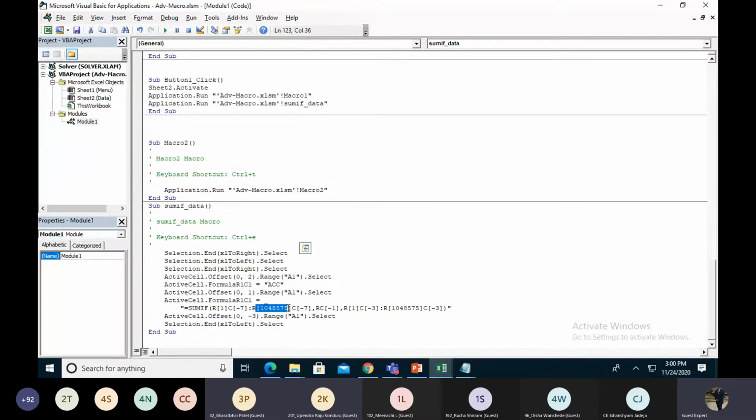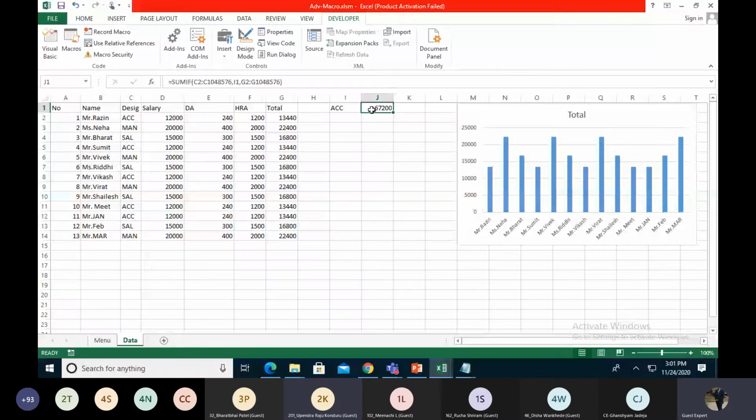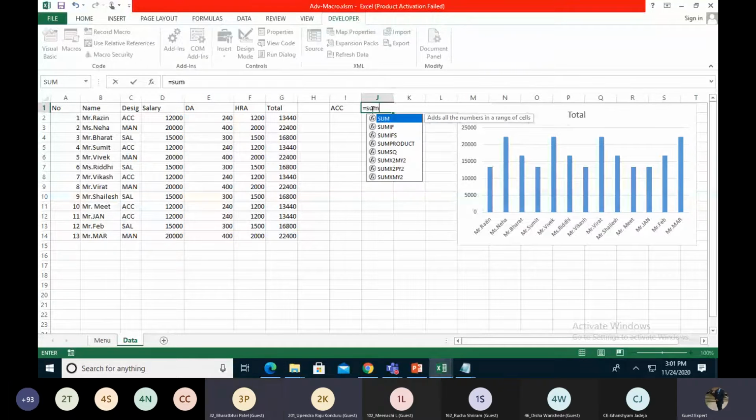Yes. So my question is, if you convert the data into the tabular format before that, it automatically takes up to the last column. You don't have to select the complete column, because in this case, regardless of your number of rows, it will always select this many rows, right? Sir, you are absolutely right. When I'm creating the SUMIF function over here, I go to the range section and just select the particular data. Am I right? Yes.